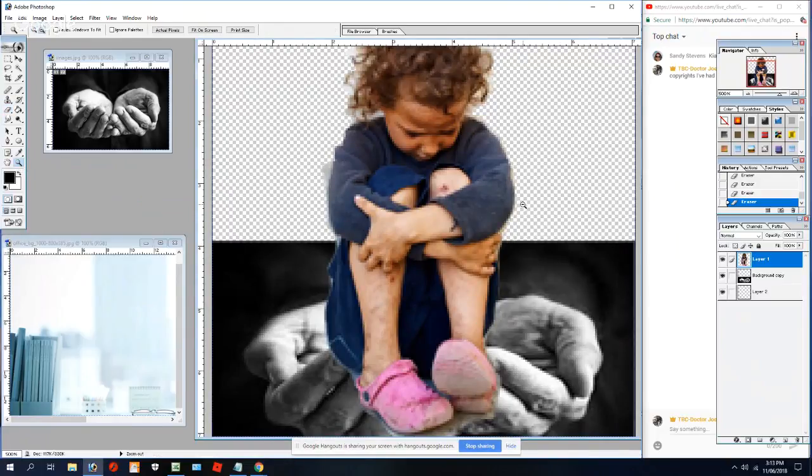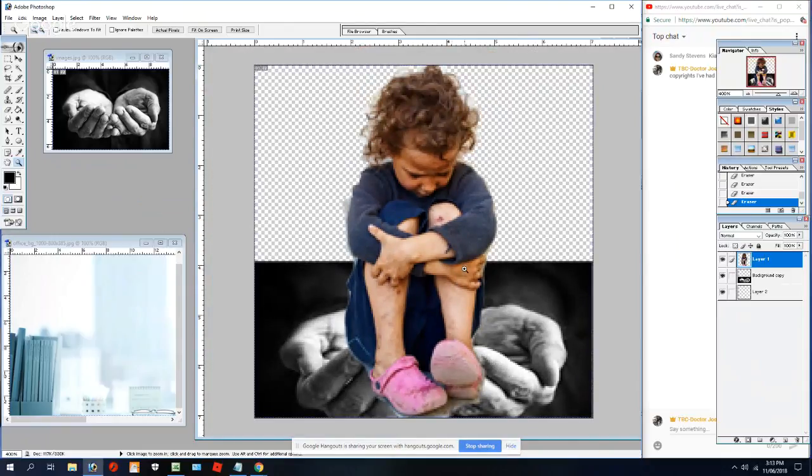If you hold Alt down, you get a minus on the zoom, and you can do that. But I want to get into here, and I want to erase all of that out. Before I do that though, I'll just add some paint into the background, and I'll show you what it looks like with the paint in there. But I might bring the hands forward, and then I'll do the same thing, and it will look a lot better.